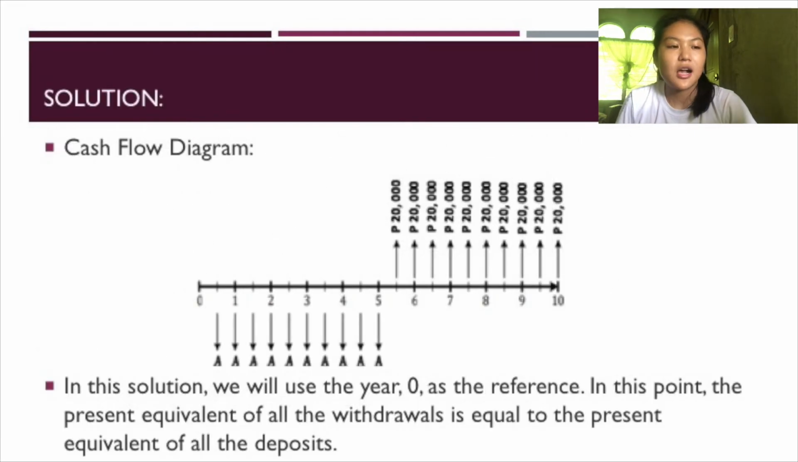And the solution, as usual, we will show you a cash flow diagram. In the cash flow diagram, there are two transactions, the periodic fixed deposit and the periodic withdrawal. Both are annuity, however, the deposits are ordinary annuity while the withdrawals are deferred. So to solve this problem, we need to equate both scenarios at the same period of time. In this solution, we will use year 0 as a reference, and at this point, the present equivalent of all the withdrawals is equal to the present equivalent of all the deposits,